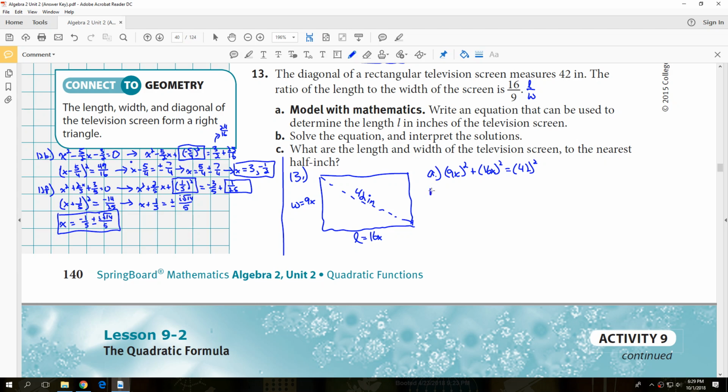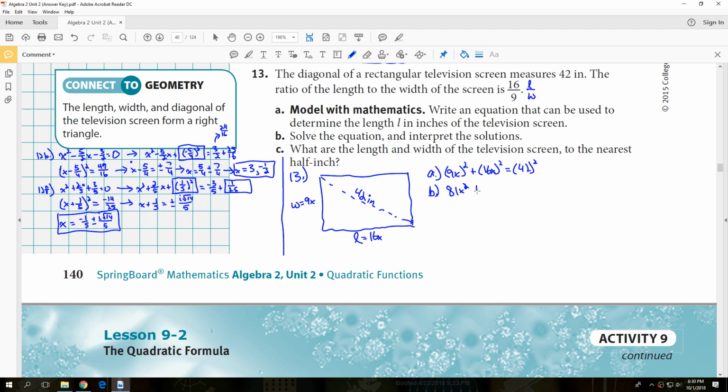All right. B, solve the equation and interpret the solution. So basically, we're solving for x, which is some kind of multiplier for the length and the width. Okay. So let's go ahead and solve. First of all, I'm actually going to square all of these things. So 9x squared would be 81x